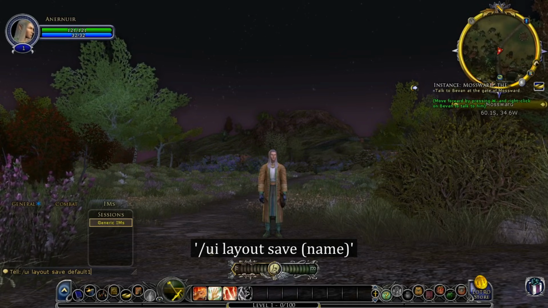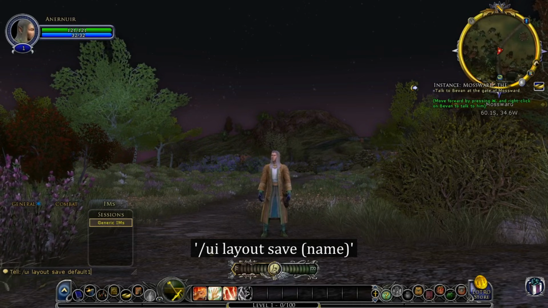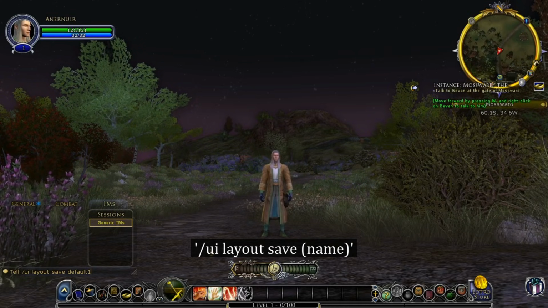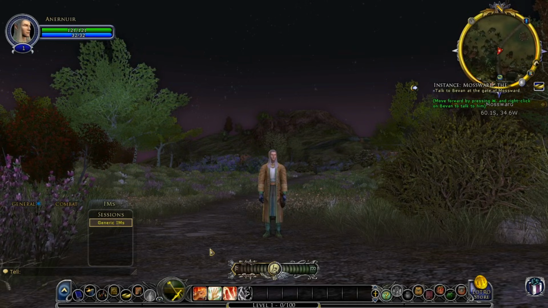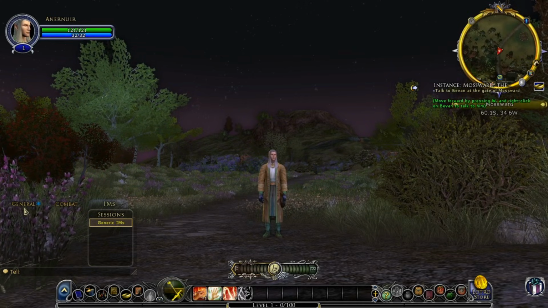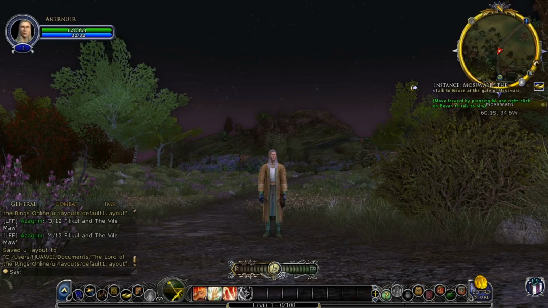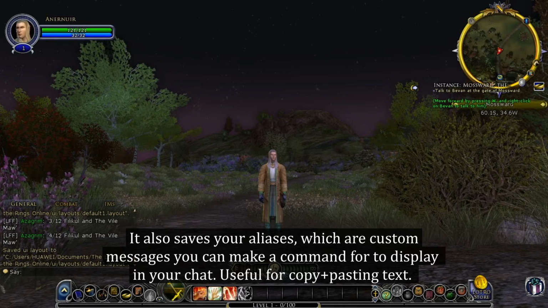For example, you can choose any name, but for this demonstration we'll go with default1, and ta-da! Now you've saved your